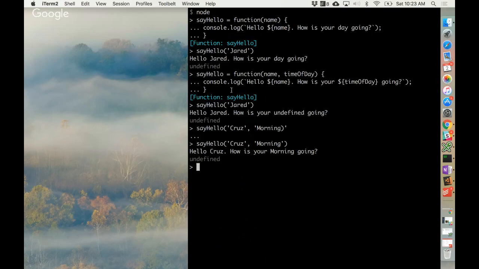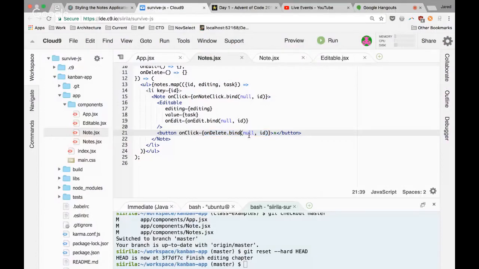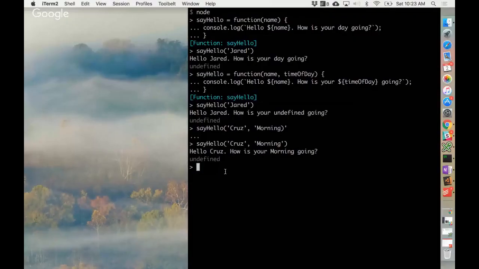All right, so we should all feel this is nice and easy, right? Nobody's puzzled by what we're doing with this. So now I'm going to introduce what we were doing with this bind, and there's two things happening, but the part that I'm emphasizing is that second parameter. In the bind here, it was passing in two parameters, null and ID. I'm going to gloss over the null part for a moment, because that's not what I'm trying to emphasize here. So now I'm going to call this say hello Jared,